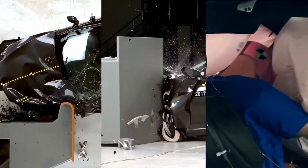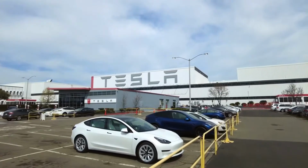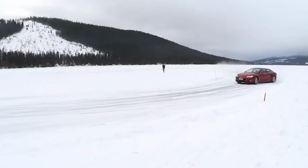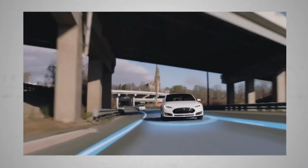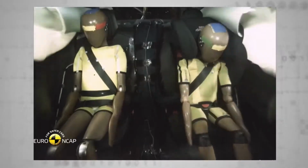and that is exactly what we are seeing today. The company states that its electric vehicles are the safest cars in the world. But what evidence do Tesla and Elon have to back up that bold claim? We'll look at various areas of testing in this video, but they're all based on two core rules: safety and